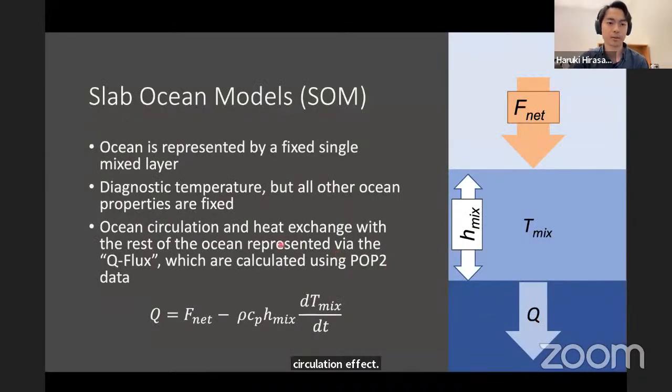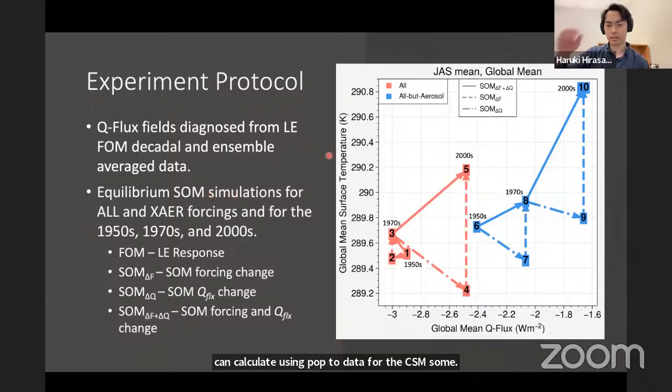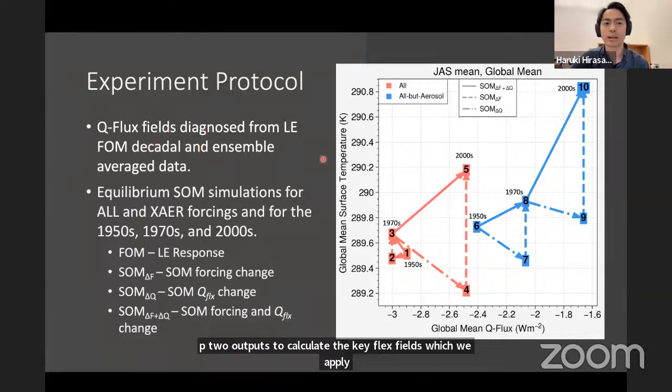Okay, so, slab ocean models. This is a type of model where the ocean is represented by a fixed single mixed layer, which has diagnostic temperatures, but all other ocean properties are fixed. Processes like ocean circulation and heat exchanges, both laterally and vertically, are represented by what's called a Q-flux, which we can calculate using POP2 data for the CESM SOM. The experiments we've conducted target the 50s, 70s, and 2000s for the all and aerosol-only forcing experiments. We use the large ensemble coupled POP2 outputs to calculate the Q-flux fields,